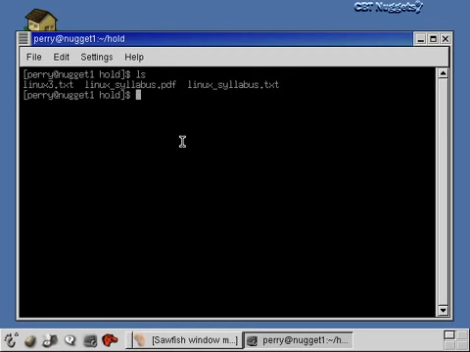Let's do an ls on the directory again just to see all the files in there. And let me show you a new command called rm, which stands for remove, which will remove or delete a file from your directory. With most Linux commands like rm, you can specify options for the command. You specify an option usually with a minus sign and then some letter. So the i here stands for inquire. So the operating system is going to inquire and make sure that we want to remove the file that we're specifying. So if I say something like this and then say linux3.txt, this is going to remove linux3.txt from the directory here,